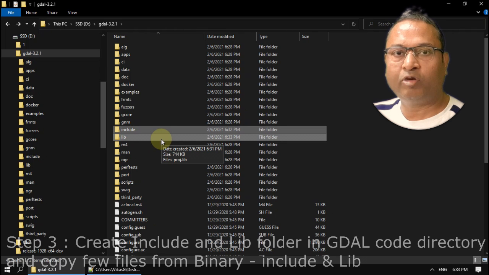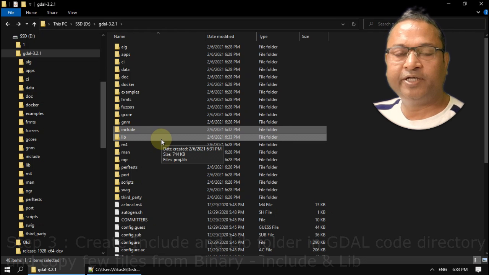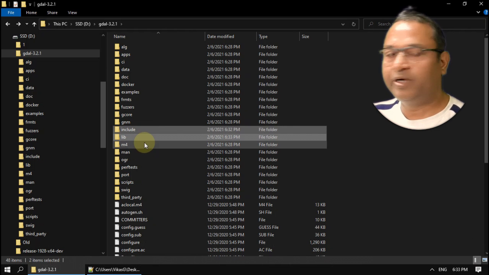So okay guys, I have copied a few files from the binary folders to the GDAL code, in its include and library folders. Right.